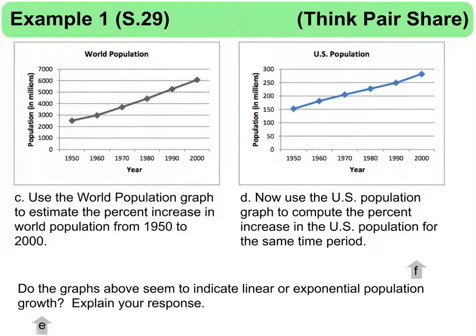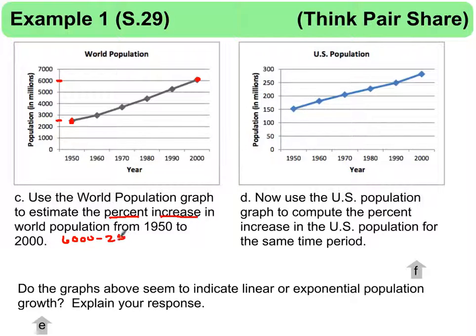So going forward and continuing to look at it, in part C it says use the world population graph to estimate the percent increase in the world population from 1950 until 2000. So here we are at 1950, here we are at 2000, and we noted that population was the 6,000 and the 2,500. We want to know the percent increase. So we know at the starting of our time measurement here at 1950, we had a population of 2,500. So if we take that 6,000,